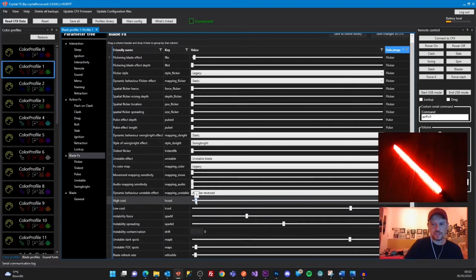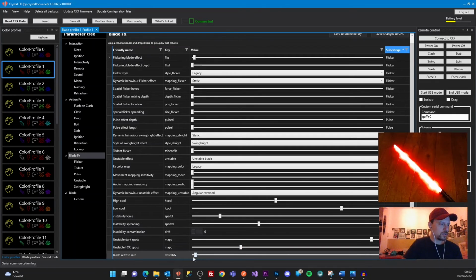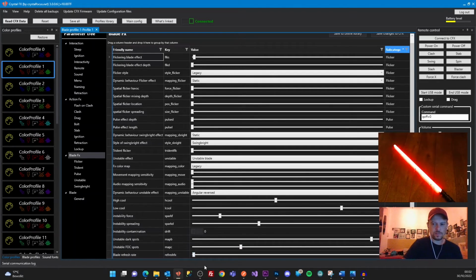Now I can play with these sliders and make it even more unstable or less unstable, and just simply playing with these sliders without having any knowledge of these parameters at all will still give a very nice effect. So this is something that can be very much fun to play with. And let's see if we can create something that's visually nice. So this is a rather unstable blade, and let's add some more flickering,